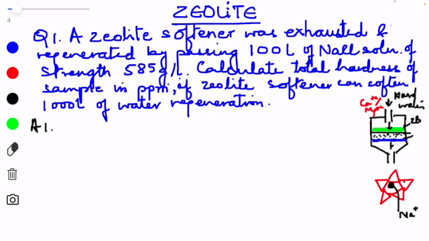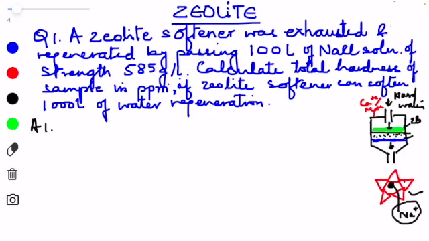When the water moves out of this zeolite bed, we say that the water is now free from the calcium and magnesium ions and therefore free from hardness. Now how and why does that occur? Because zeolite carries this kind of a structure. It is hydrated sodium aluminosilicate, which carries sodium ions that are exchangeable in nature.